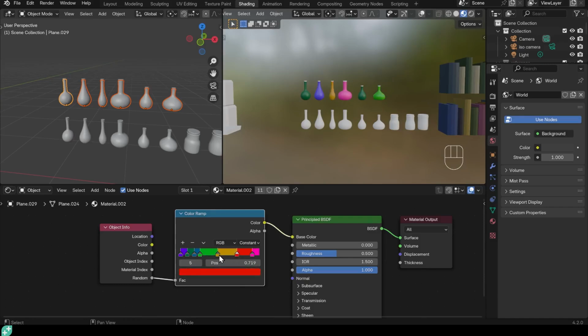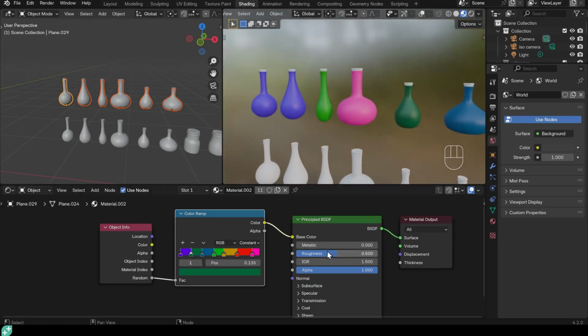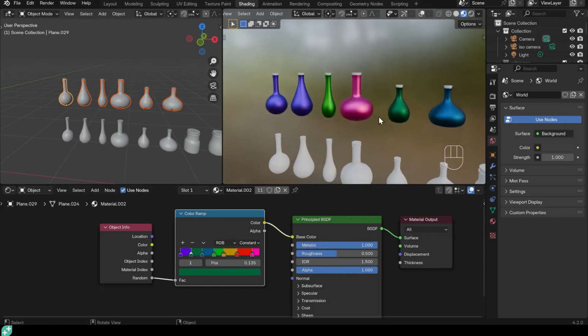But I'll even them out now because I think I actually want more of them to have a bit more of the variety of colors anyway. Now we can play with these. At the moment they look a little bit dull, I suppose. We can add a little bit metallic, make them look shiny like this, and add a bit of shine as well, so they sort of glisten. It's kind of fun. We could even add a texture in to make it even more vibrant.